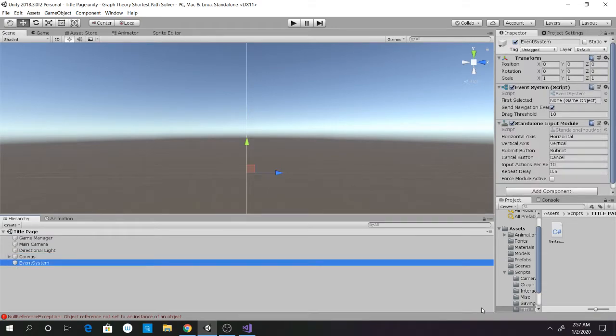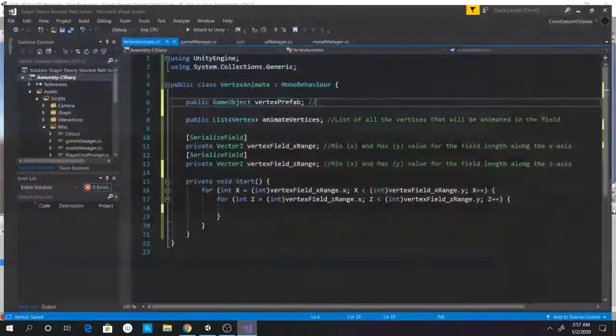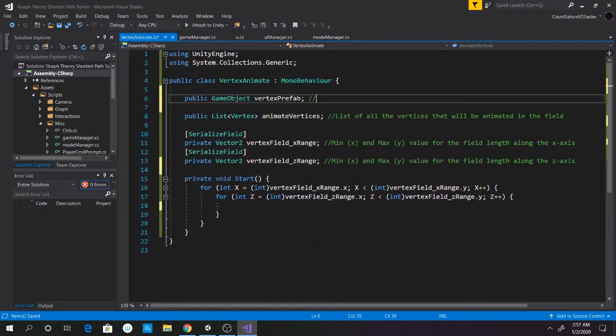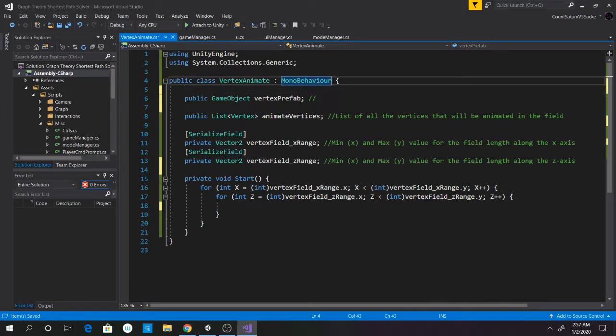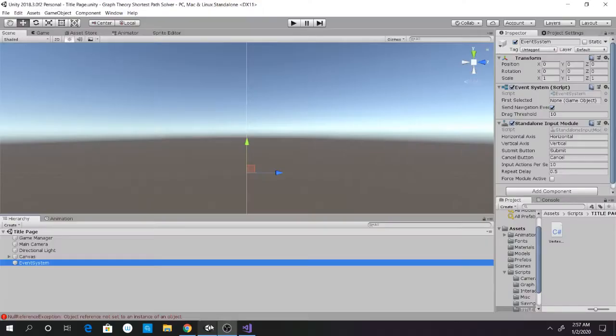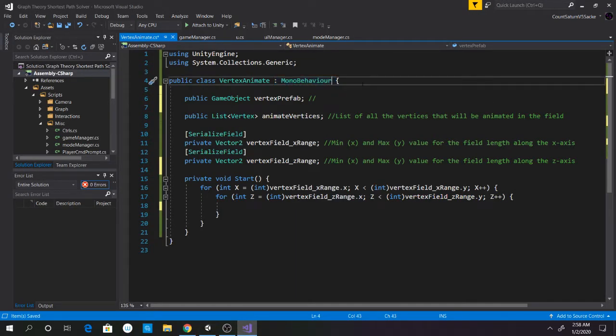Which is why maybe most of the managers actually should have not been a mono behavior script. They can still use the Unity engine. However, they should not have been using mono behavior, because if I put mono behavior here, it means that I'm going to have to actually attach it to an object to actually make it work. But in my case,